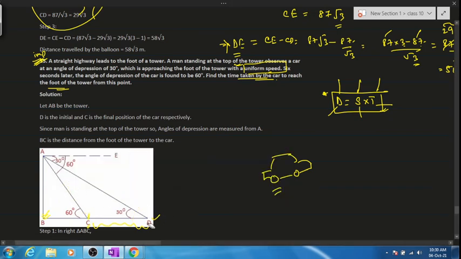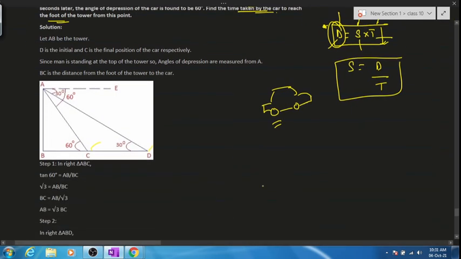So we'll be moving on. First of all, now in heights and distances, what is the most important thing required? Distance, right? Over here at no point of time they have given us the distance, but they have told us the uniform speed. So do we know the speed formula will be distance by time? Yes or no? And the time of course has been given. From point D to point C it is 6 seconds.